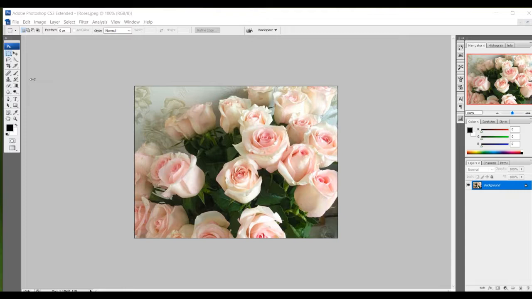So selection tools are used to select an image or any part of it to perform cut, copy, edit or retouching operation. Okay.